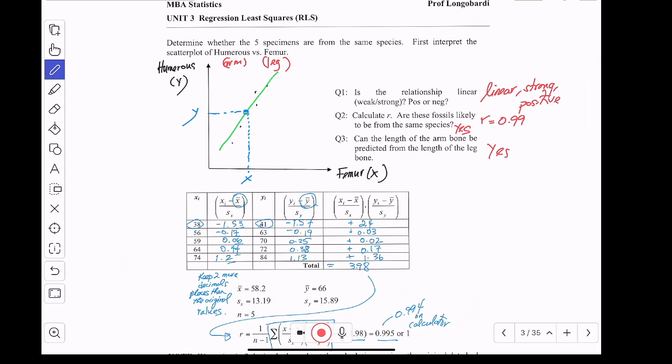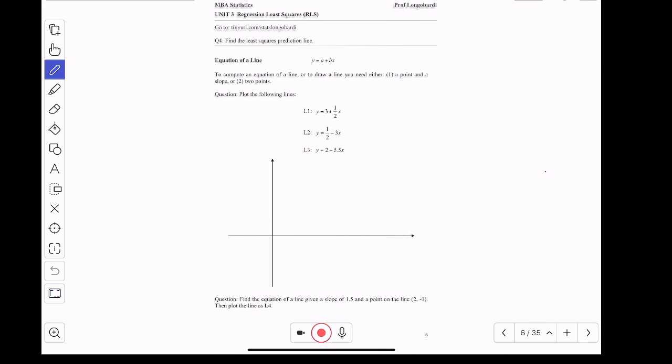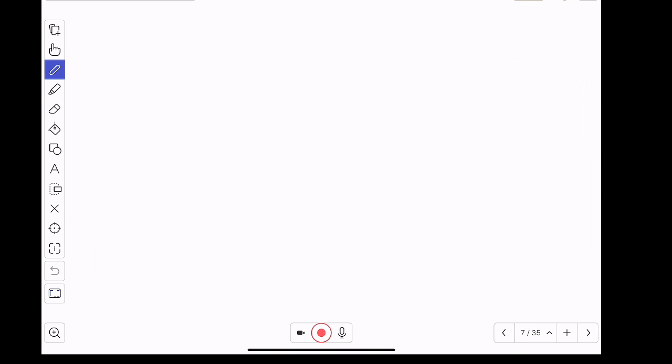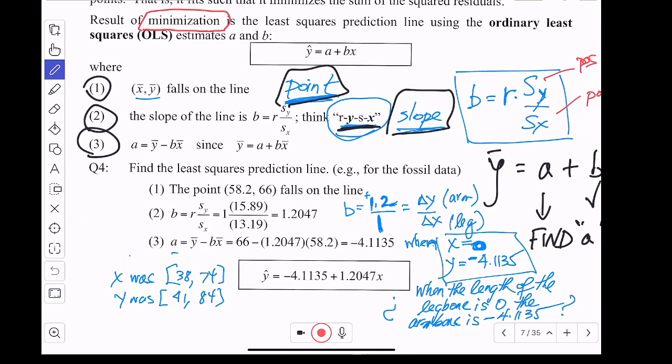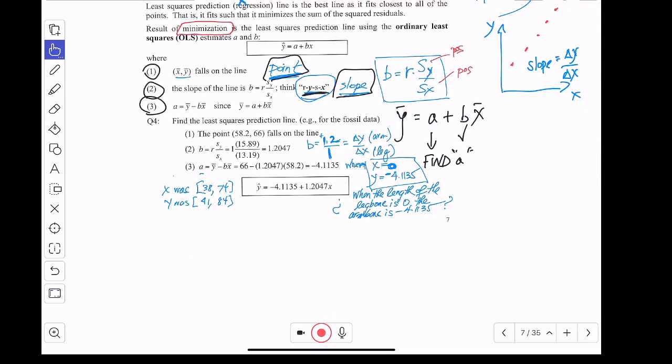Anyway, let me just draw it over here. So this means that if I had a line with a slope of 1.2,